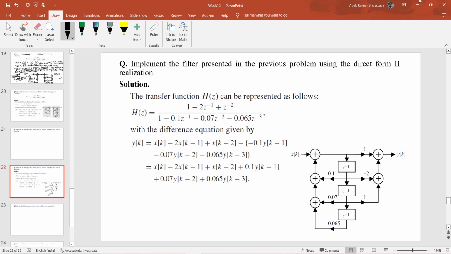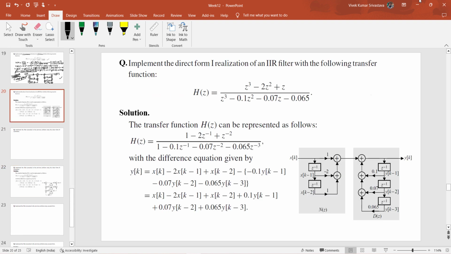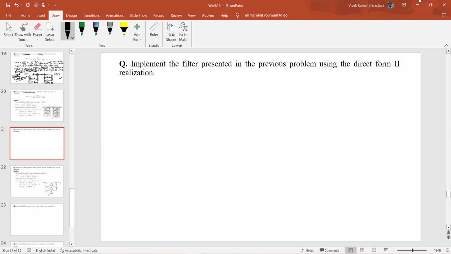Okay, so just a moment. So this is the solution of the previous problem, that is the realization of direct form 1. Okay, so we have seen that this kind of architecture we will get. Now the next problem is to implement the filter presented in the previous problem using the direct